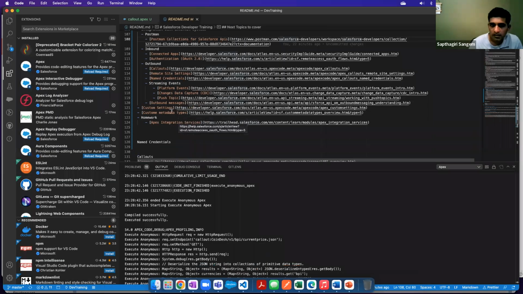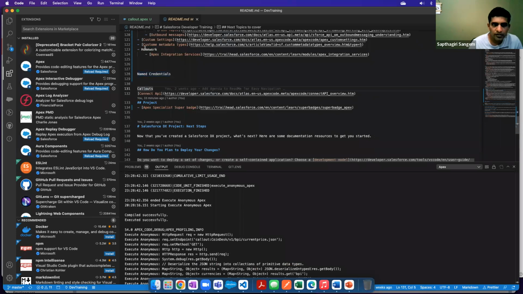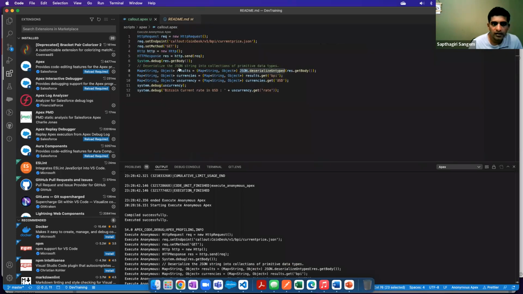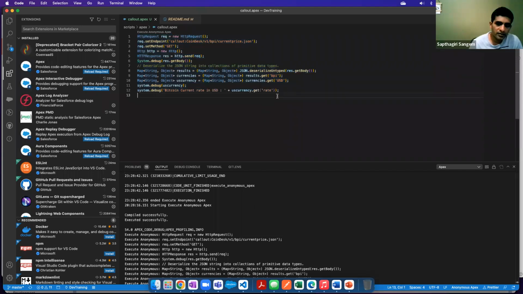So that is that thing. And yeah, I kind of covered named credentials and callouts. Basically, if you place this in a trigger, or maybe on the click of a button when you call that thing, we simply take this, and for the UI, if you want to show this currency information,